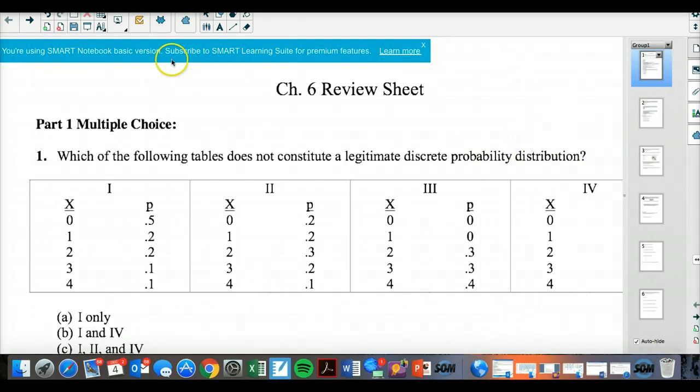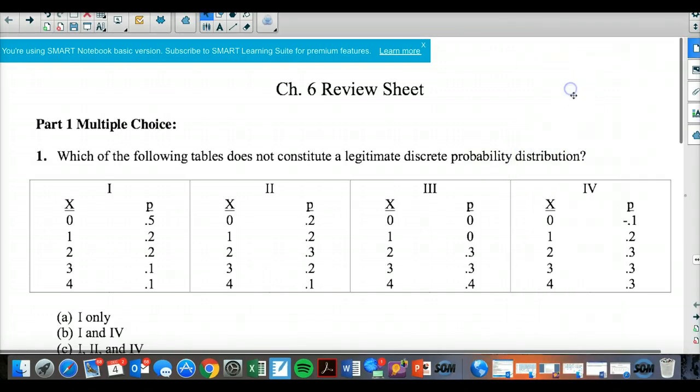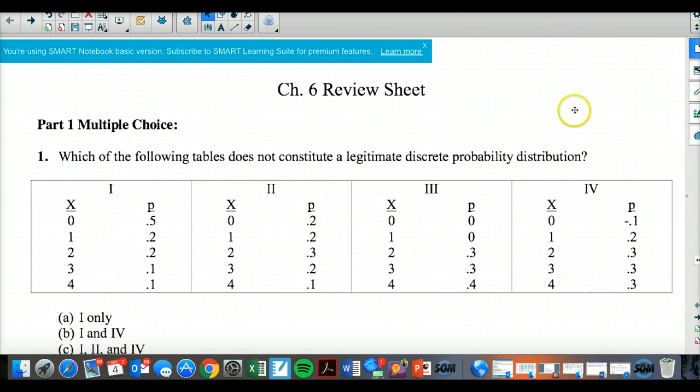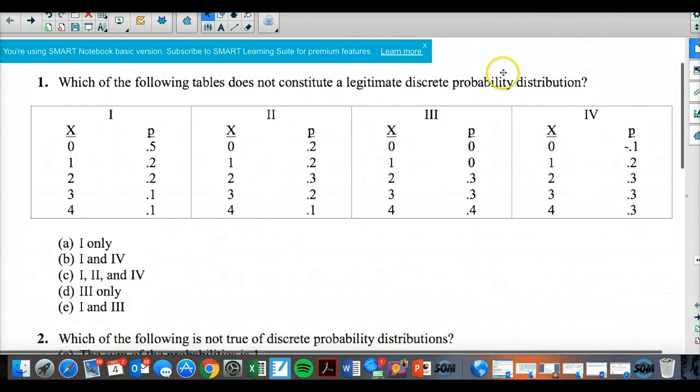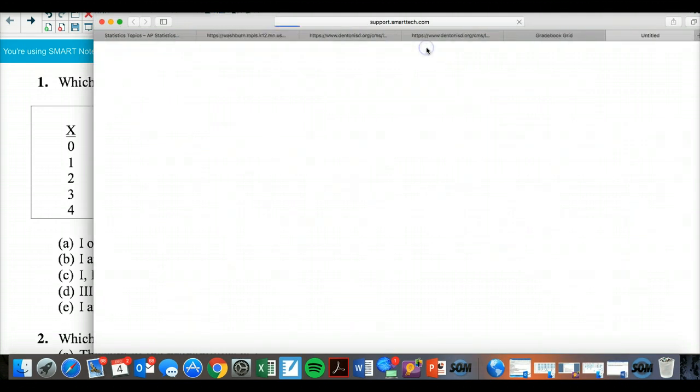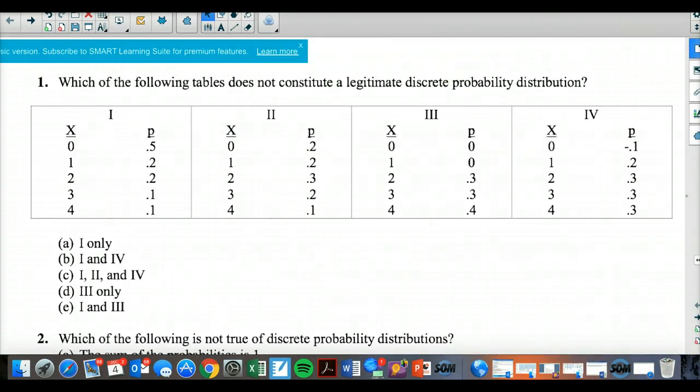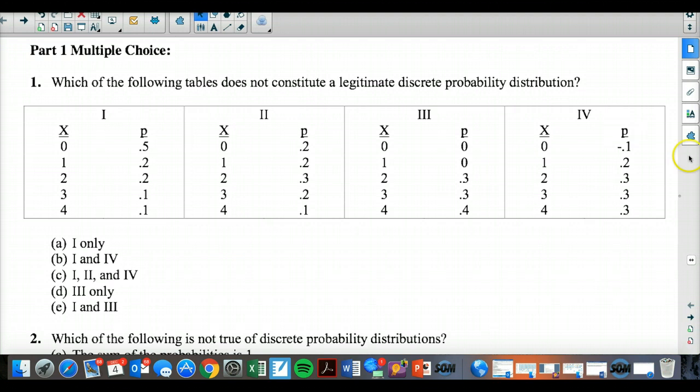All right, so this is the review that we're going to give a try. It's got a lot of FRQs, and that's good, so we don't just practice multiple choice, but we go through the questions and talk about it, so the review is right there. And number one, I'm going to give you a minute to look at this and see which one is a legitimate probability